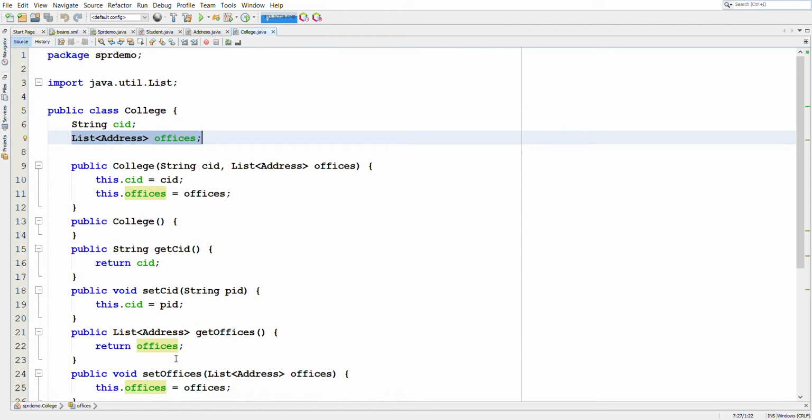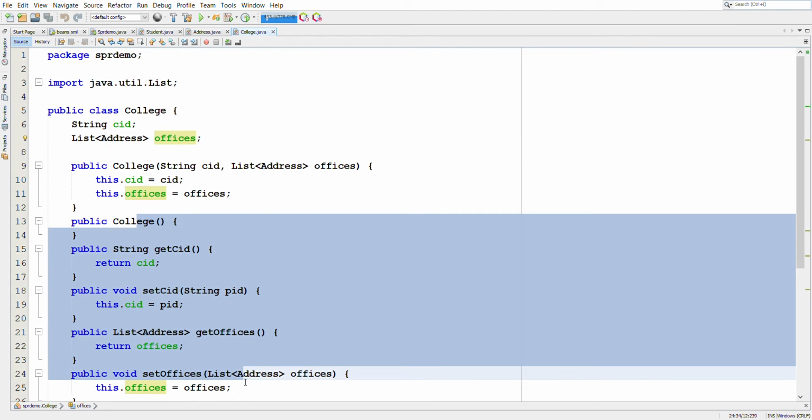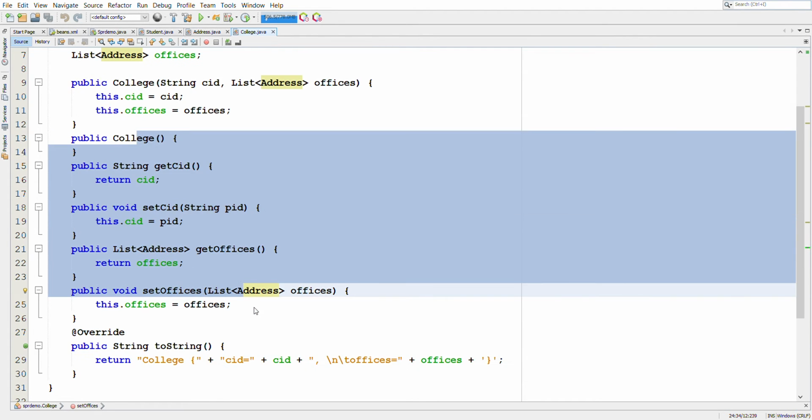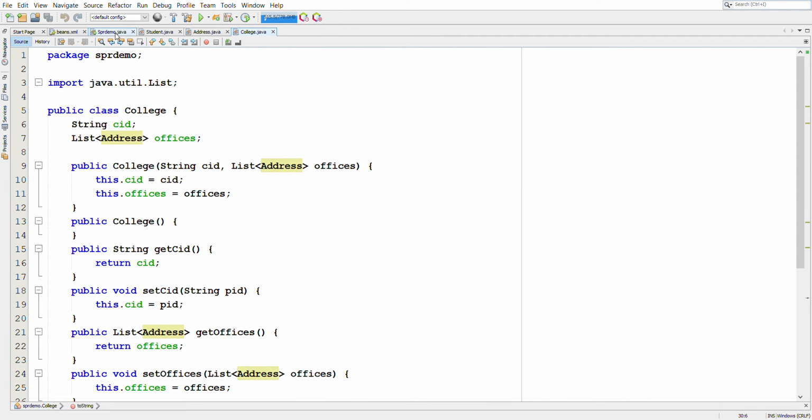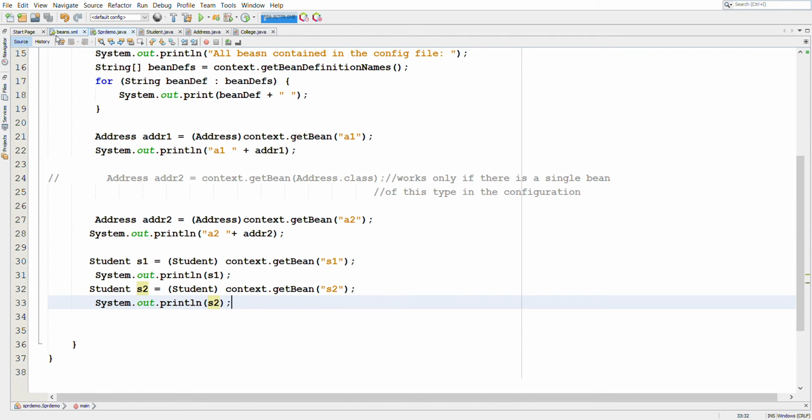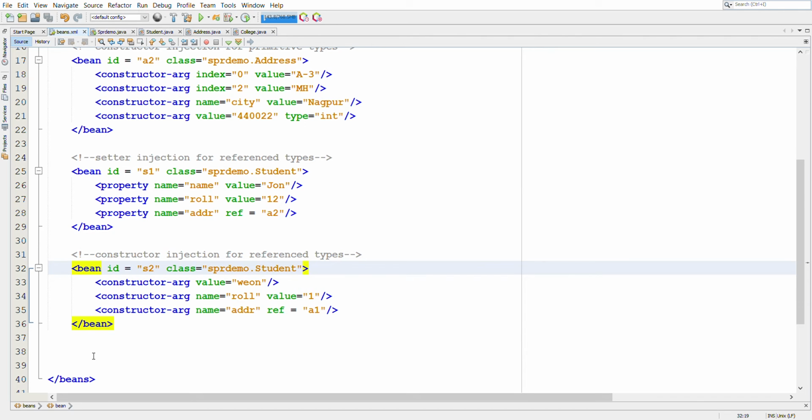We have public constructors and public setters and getters to set and get the data members, and we have a toString method here. So to create beans of type College, we will also have to create a list, and we'll have to set that list in the property whose name is offices. So for that,